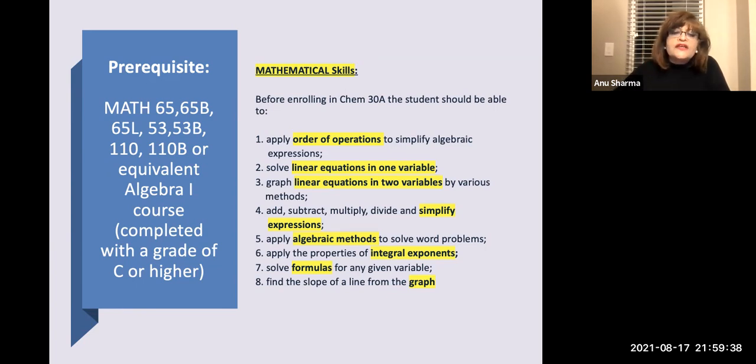If you take any of these courses, in which you've learned the basics of math, order of operations, basics of algebra, linear equations with one and two variables, simplifying expressions, integral exponents and formulas and graphing, all those things,